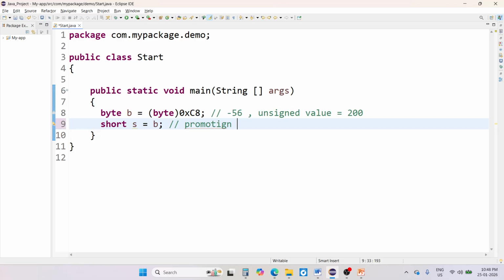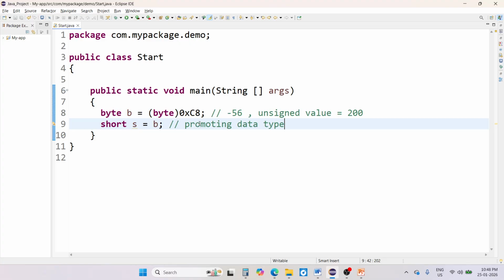Before understanding why masking with FF is required here in promoting data type, let's first